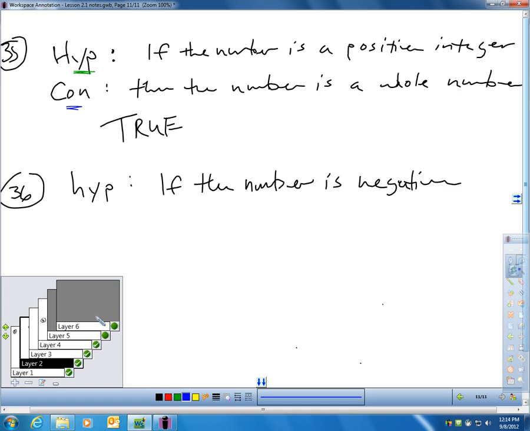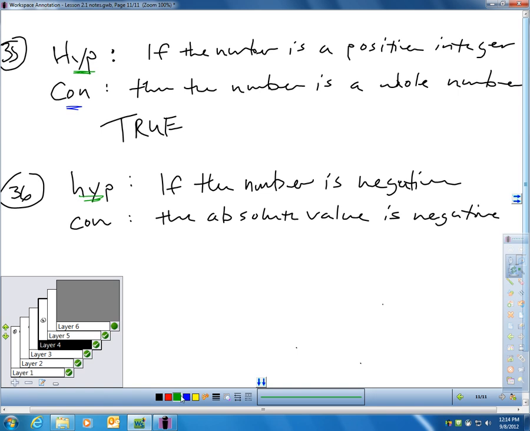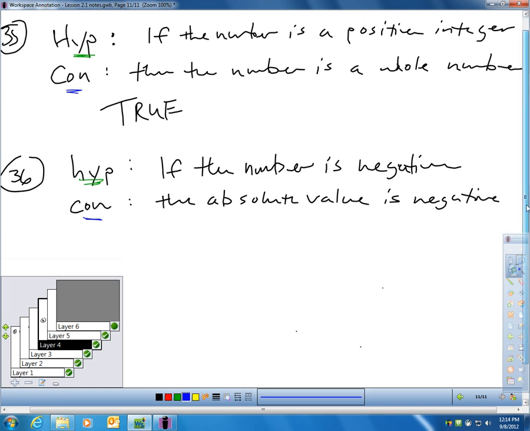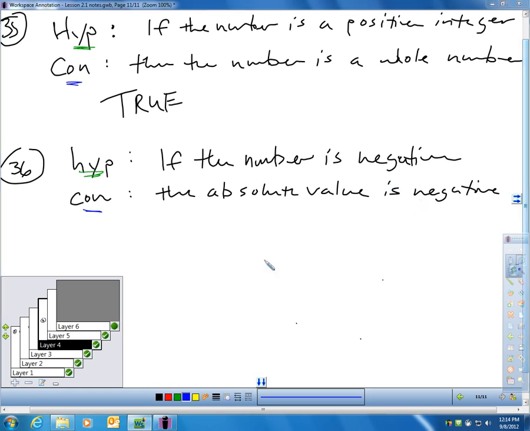Let's look at 36. Here's the conditional statement. If a number is negative, then its absolute value is negative. Okay, so the hypothesis in this statement was if the number is negative. Here's the conclusion. Then its absolute value is negative. Okay, let's think. Is that true? If I have a negative number, is the absolute value negative? Well,